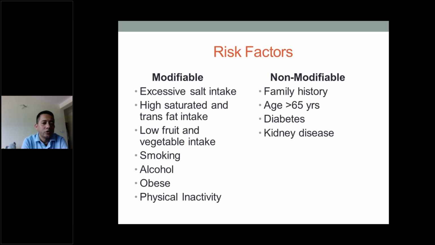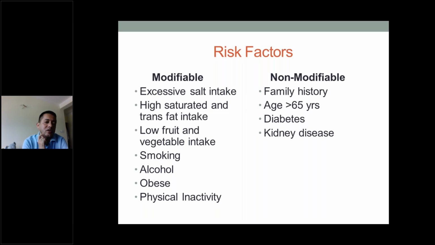So when we don't know the etiology, we always talk in terms of risk factors. So what are the risk factors? We have modifiable risk factors and non-modifiable risk factors. Non-modifiable risk factors are those we cannot do anything about, like family history. If your family member is hypertensive, there is some risk that you will also get hypertension. Likewise, age is also a non-modifiable risk factor. As you get older than 65 years, the chance of getting hypertension increases. Likewise, if you have other comorbid conditions, like diabetes or some kidney disease, the chances